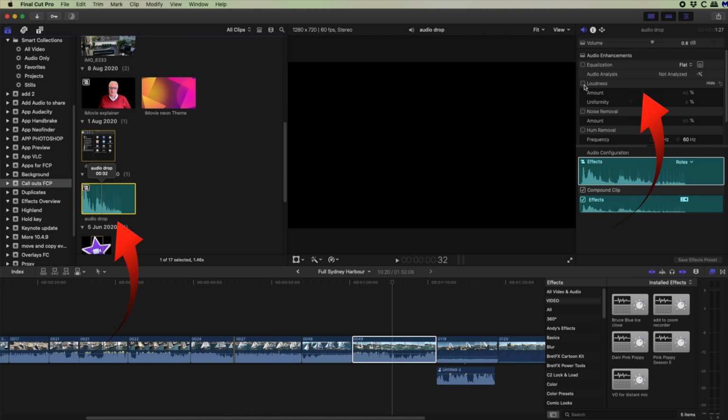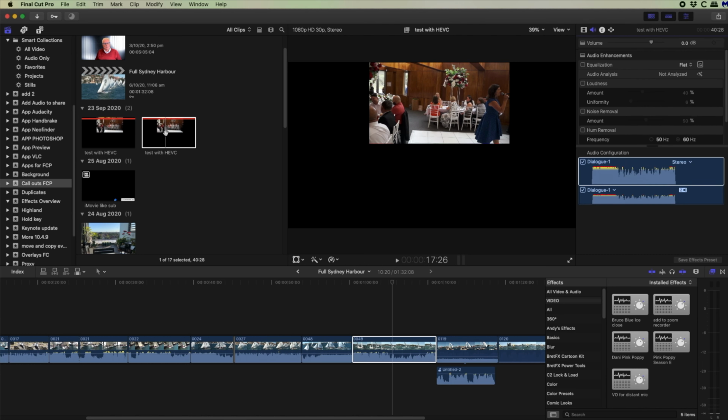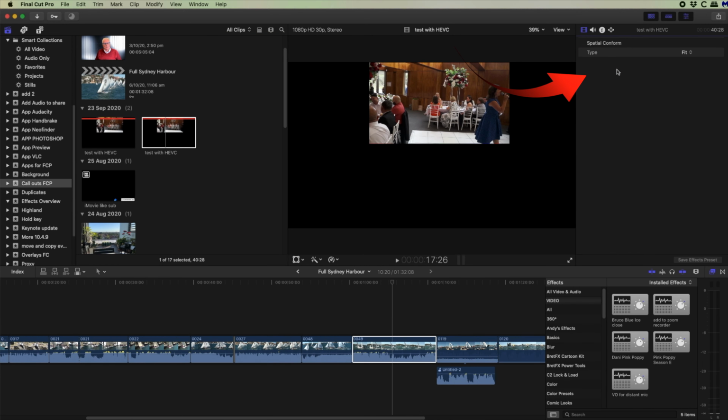And if you go to the loudness, then you can see that is being affected from the inspector as well. And you'll notice that when you select a clip in the browser and go to the Film Strip Video tab, there are no effects showing there for you to make changes to them.